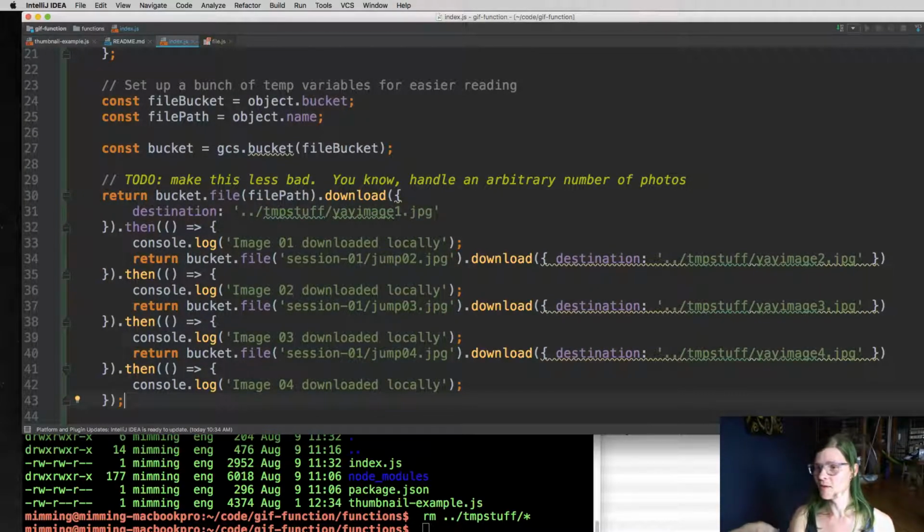Okay, so I got some more feedback. Thank you very much for the advice. So instead of typing image 01 on one line and image 02 on the next line, you can make a function that changes the output based on the file name. Yes, I can. And that's what I would do if I understood the context in which I was executing my code,